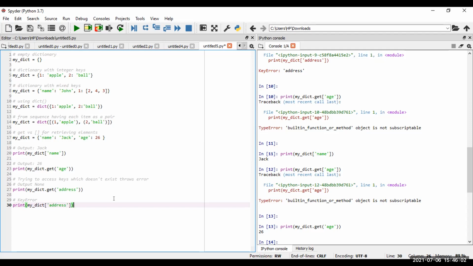If we are very sure that the keys and values are present, then we can write code like line 30. But if we just want to make sure whether the thing is actually present or not, then we can write something like line 27 or 23. Look at line number 23. I have written a line of code similar to line 27, address dot get address, and I have mentioned dot get age. Now in the output section, I am getting some output, meaning the keyword is present and the value with respect to that keyword is also present. So at the same time we get the keyword and the value.